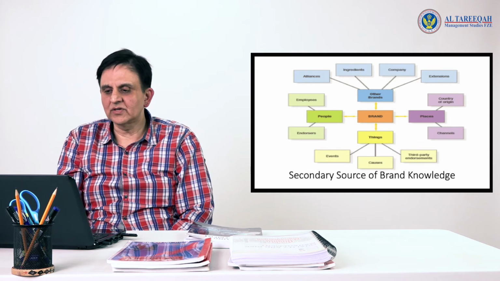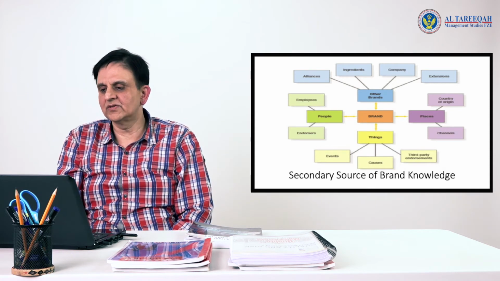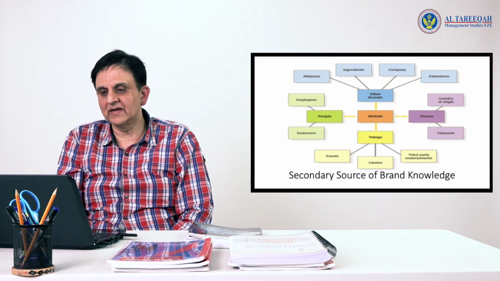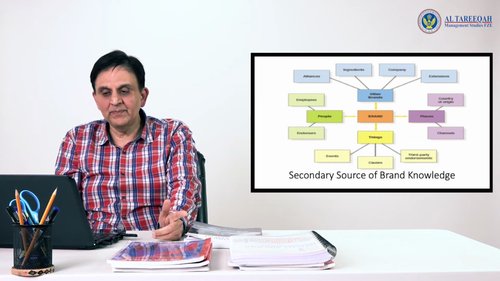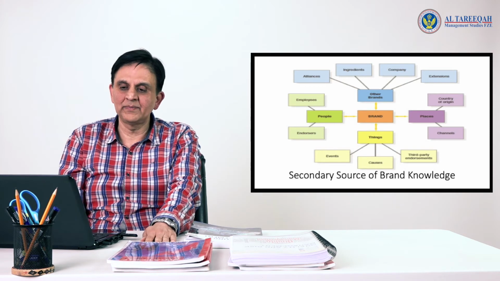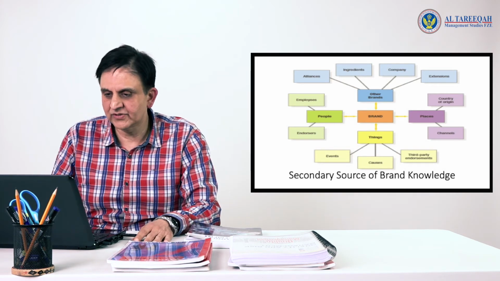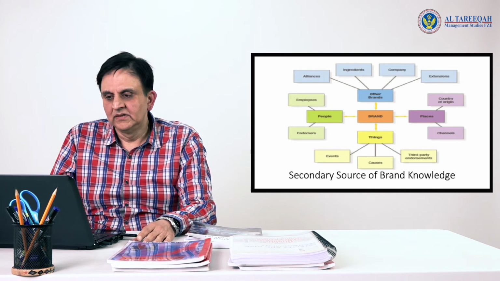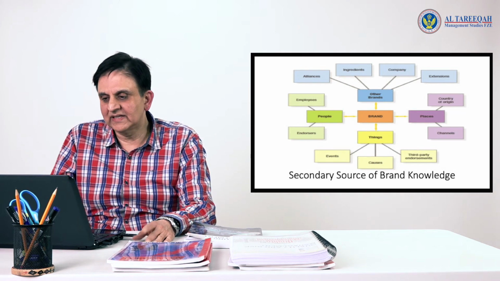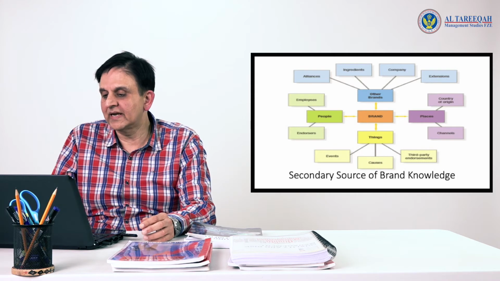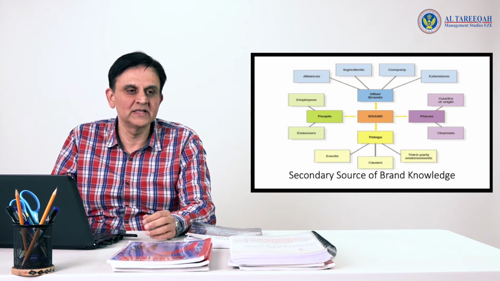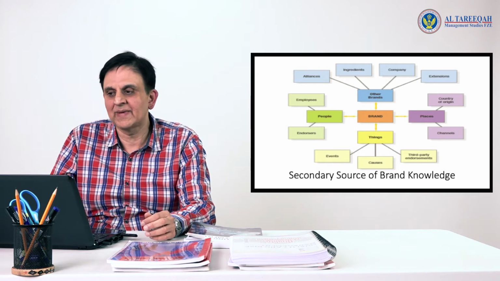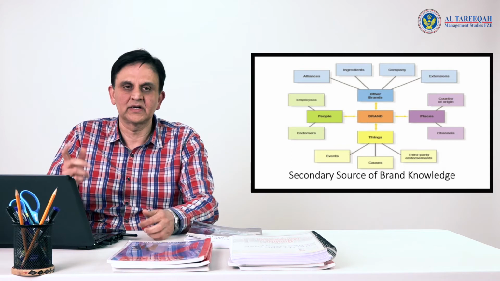This slide talks about secondary sources of brand knowledge, and that can be a variety of sources, as you can see. From the people, you can talk about your own people or endorsers, which is right here. You can talk about events or things that are happening, which is third party endorsements, cause events. You can talk about places, country of origin.